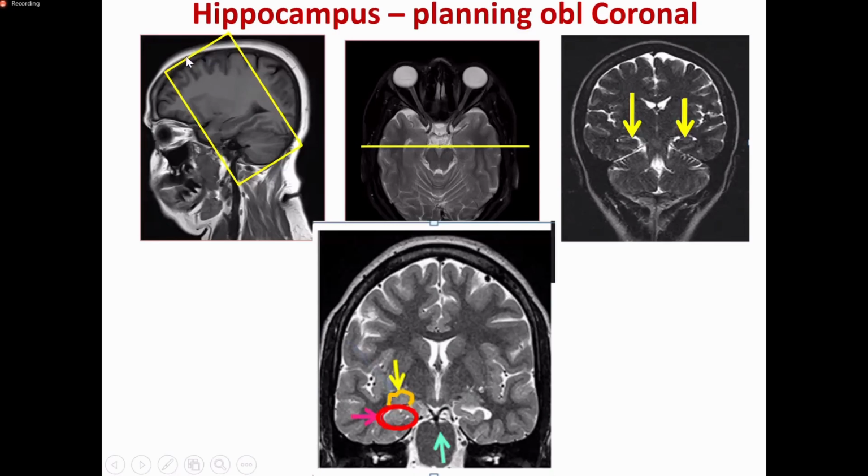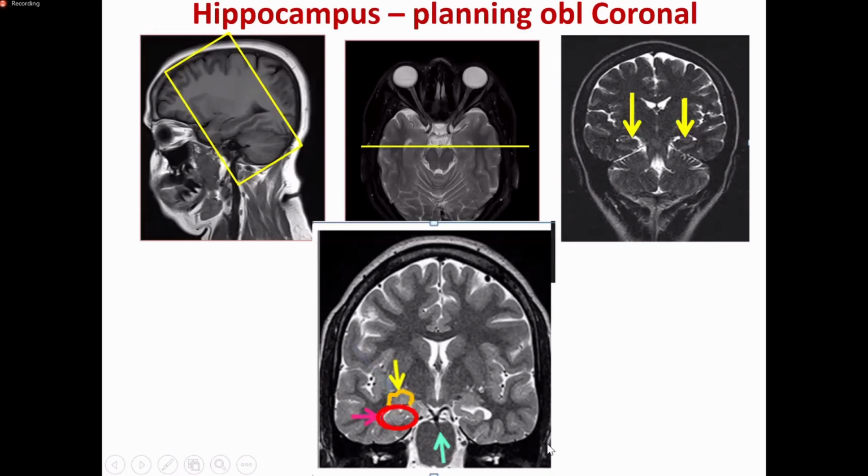Now, you need to plan sections perpendicular to the body of the hippocampus. This information will be useful for beginners who are yet to start practicing MR. And you need to check in the other two planes correspondingly. Now, if you look at this, you can see the hippocampus image. You can see this is the roof. This is the hippocampus, and this is the amygdala, which forms the roof of the hippocampus.